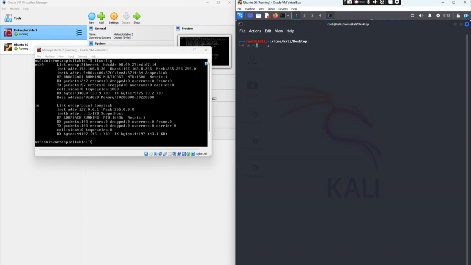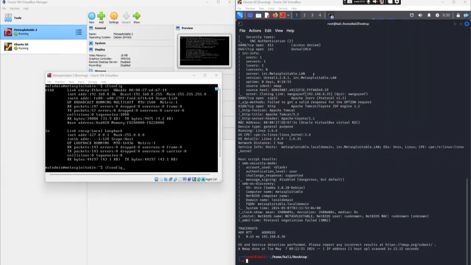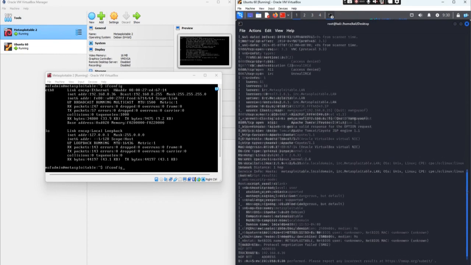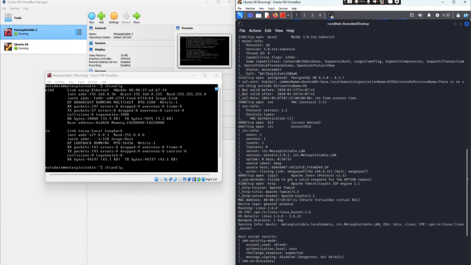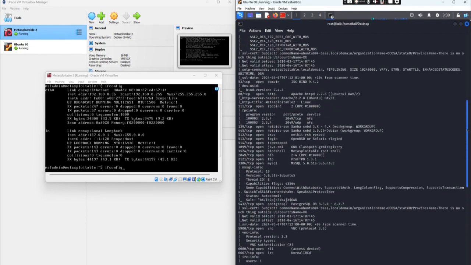So it's list and list all. So there you have it, Nmap scan 3. And in order for us to open this, we can cat this Nmap scan 3. Now that we know what we need to do, which is exploit port 111,